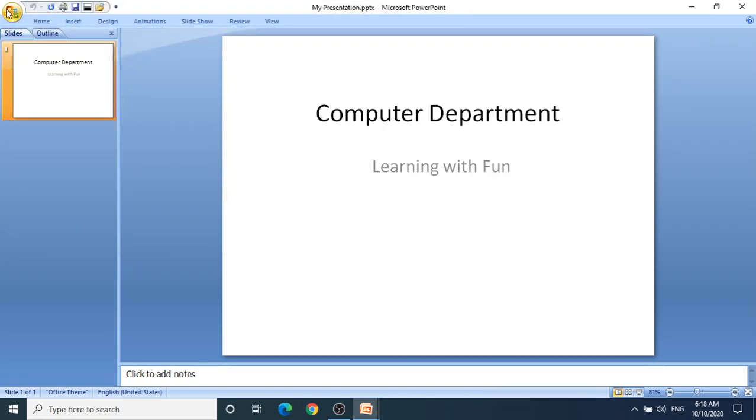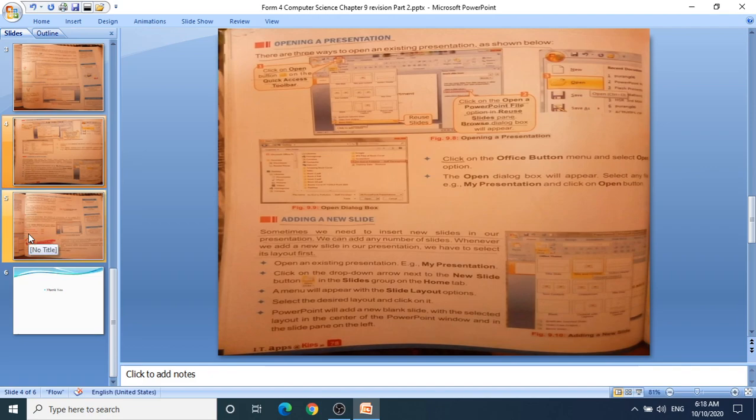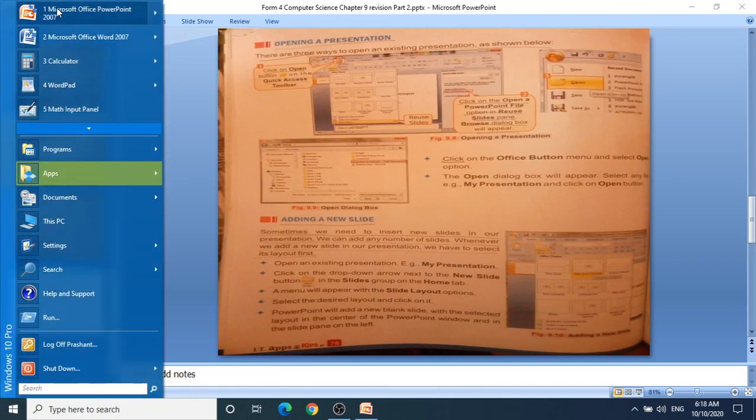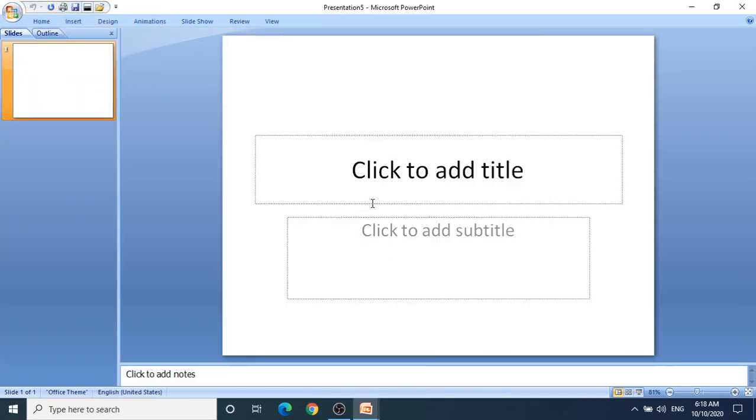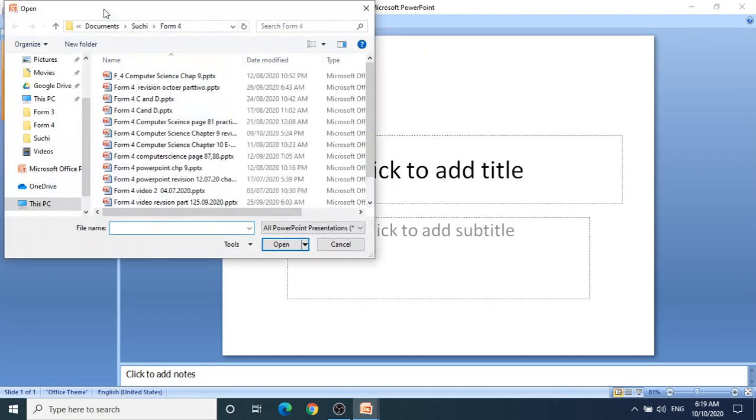I would like to close it. Then click on the open a PowerPoint file option in reuse slide pane. Browse dialog box will appear. Now when I click on open, right,